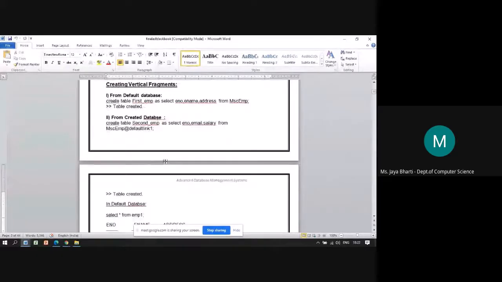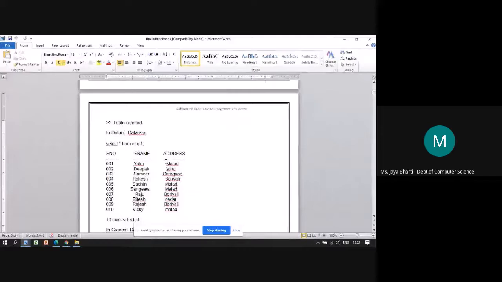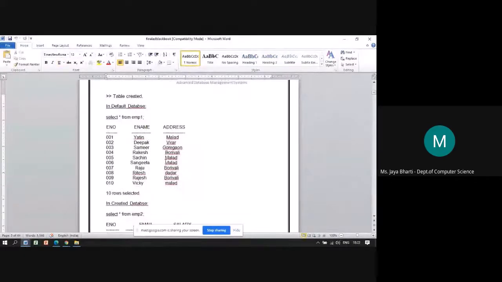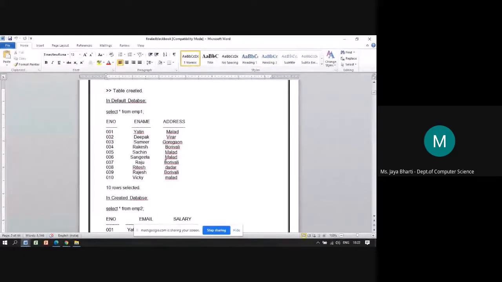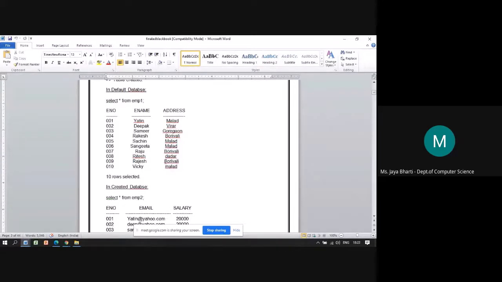So just to check, the table is created. Select star from EMP1. EMP1 is the name of that vertical fragment on the default database. So select star from EMP1, which contains employee number, employee name, and the address. These 3 columns. Okay, so this is selected. All the values are there for the respective columns. 10 rows selected.